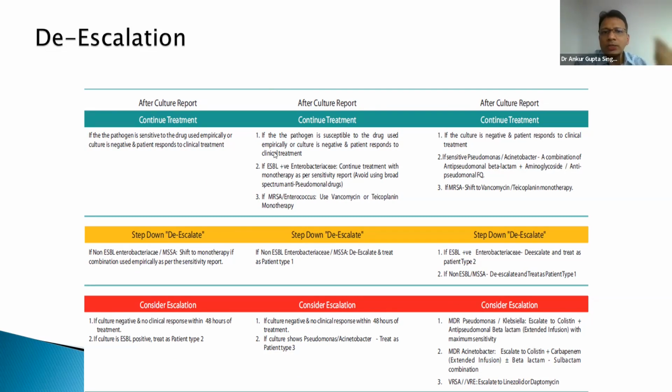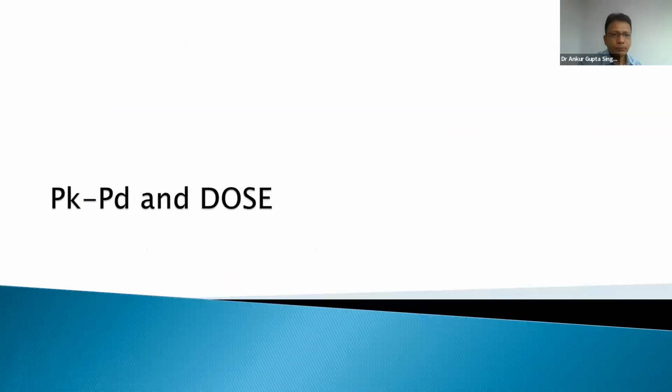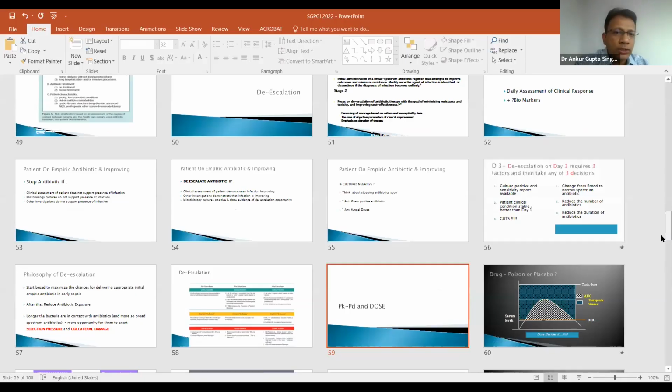Okay. So such kind of treatment protocols, pathways, these traffic light approach, green, yellow, red, in the hospital, in the doctor's duty room, nurse's duty room, can really help you as guides to modify your therapy. Okay. Coming to kinetics and dynamics, because that's a different pharmacology rich topic, let me again stop and ask if there are any questions and comments on